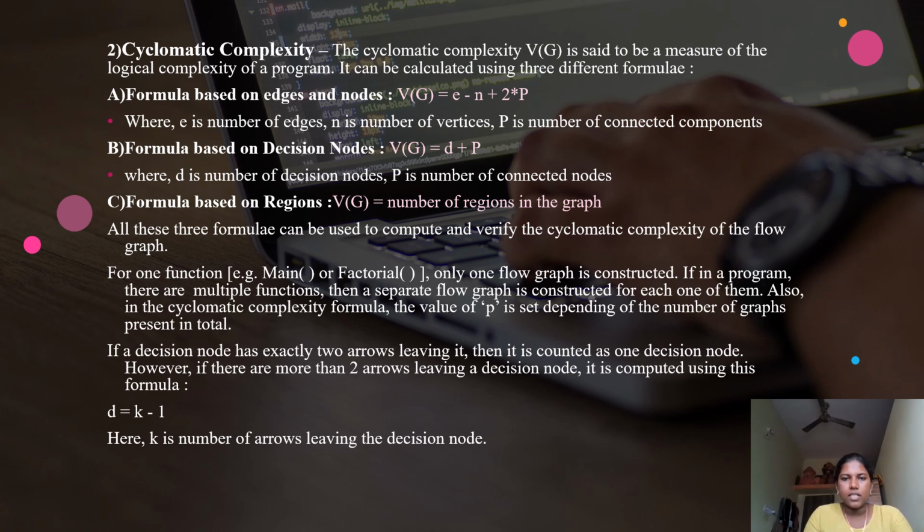The formula based on regions is the number of regions in the graph. All these three formulae can be used to compute and verify the cyclomatic complexity of the flow graph. For one function, for example main or factorial, only one flow graph is constructed. If a program has multiple functions, then a separate flow graph is constructed for each one of them,